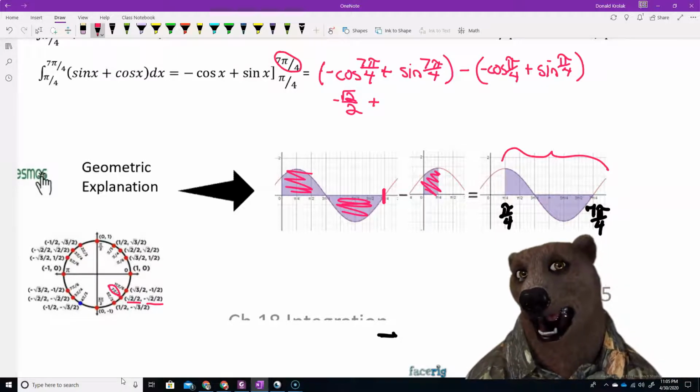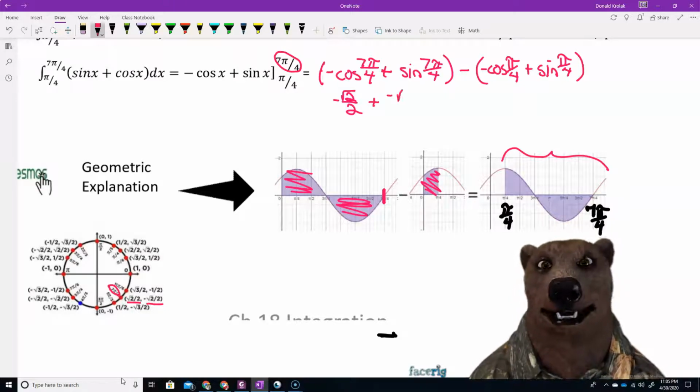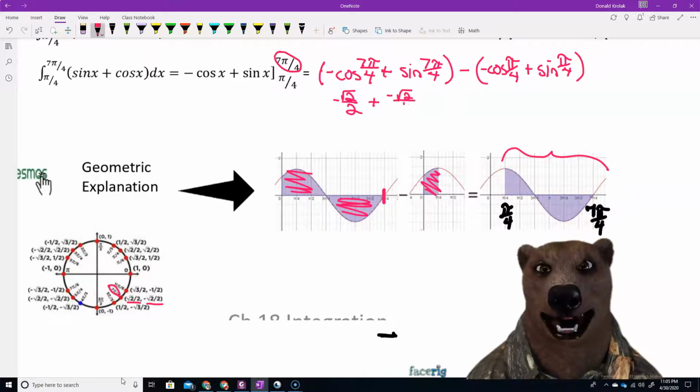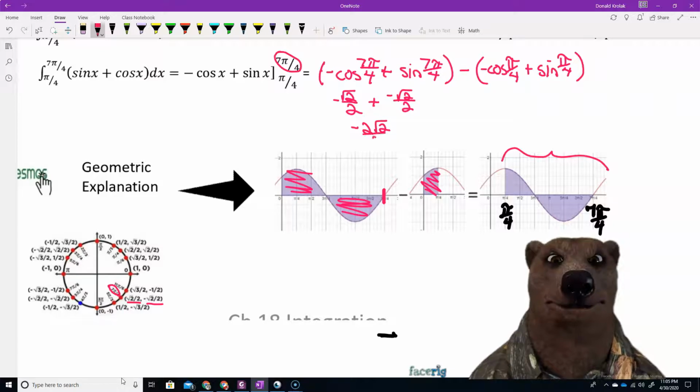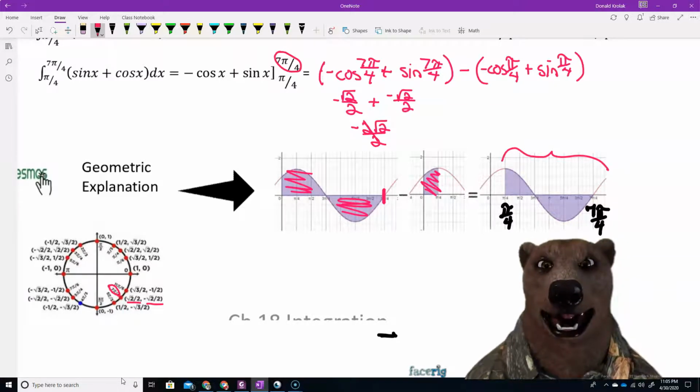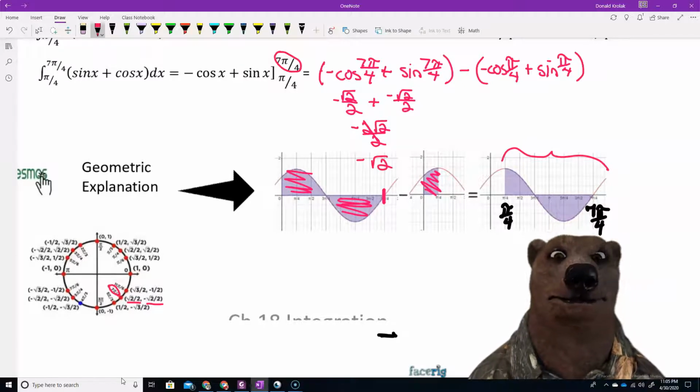Sine at 7 pi over 4 is negative root 2 over 2. So when I add those up, I end up getting negative root 2. Okay, and then over here,